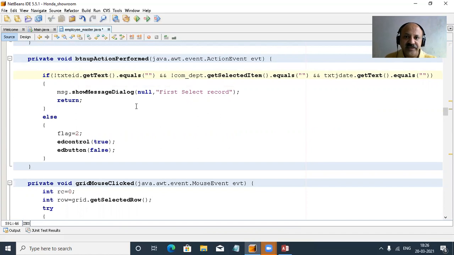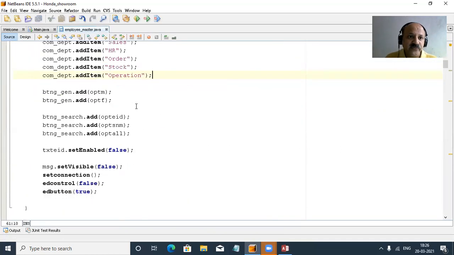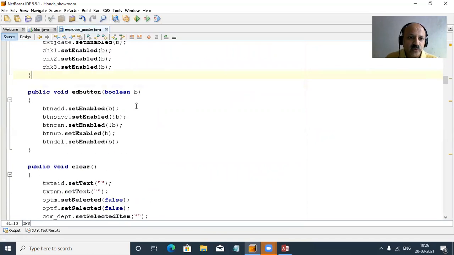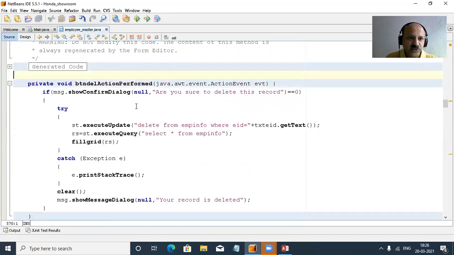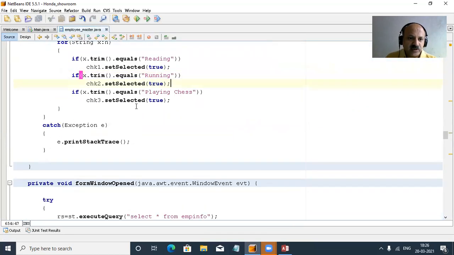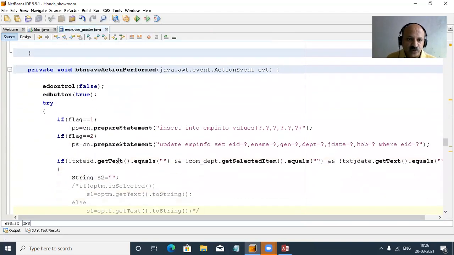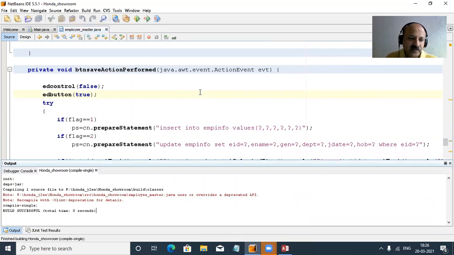So let us do navigation, like in our insert operation, where I give the name. So I just show you. So Control S, and let us check in the save button. We can provide the same if condition. So where is that coding? Yes, I just show you. That is the delete mouse click event. Okay, so that is a window open. Yes, you can see here, if blank, the same condition here. So I press Control S, then compile again, and then run.